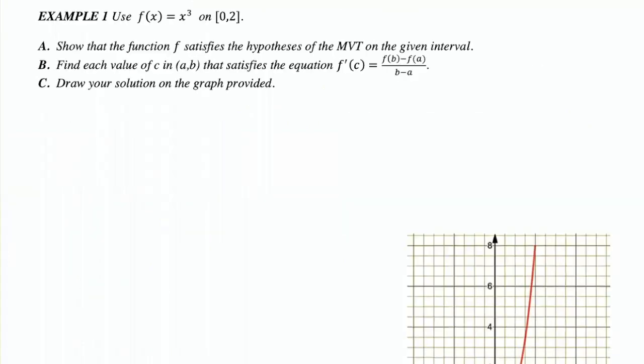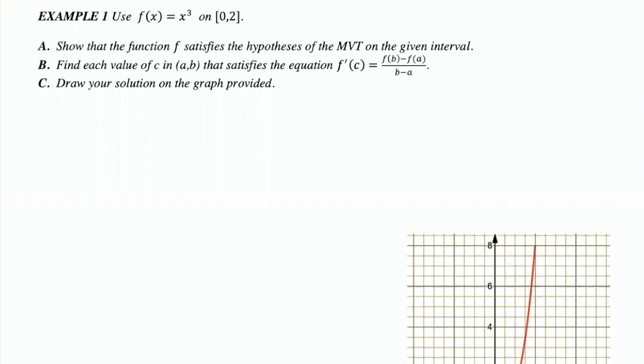So let's do an example by hand before we see how to do this with Mathematica. I'm asking you to use the function f of x equals x cubed on the interval from 0 to 2. So there's my a and my b. A says, show that the function f satisfies the hypotheses of the mean value theorem on the given interval. Again, you have to check two things before you use the mean value theorem. Then we're asked to find each value of c in the open interval a, b that satisfies the equation f prime of c equals f of b minus f of a all over b minus a,